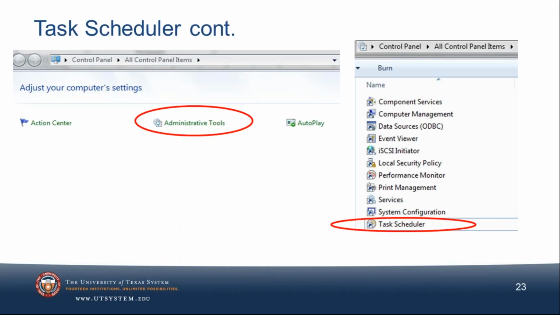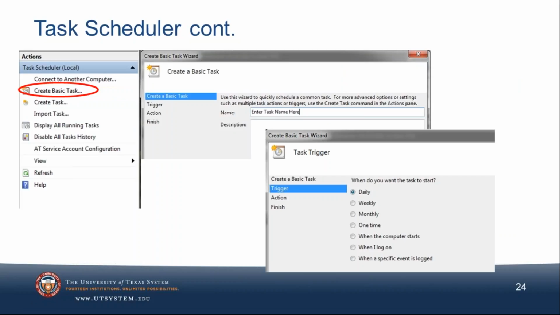So let's just look to see how we do this. You're going to find the task scheduler in the control panel, and it's under Administrative Tools, and it's, again, called Task Scheduler. This is showing on the left-hand side of my screen, but in the actual screen it is on the right-hand side. You choose Create Basic Task, or you can choose Create a Task, and there are some more advanced features that you have to address. But for this example, we're just going to create the basic task.